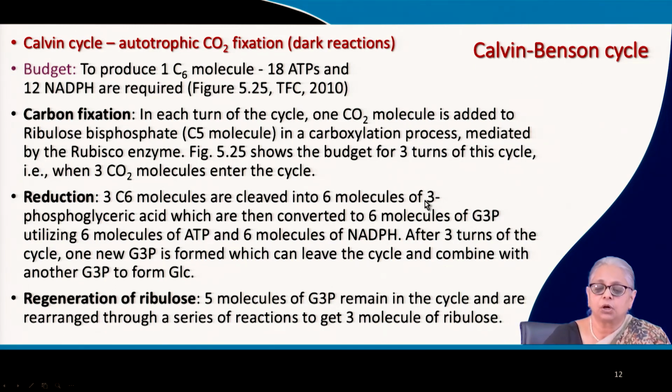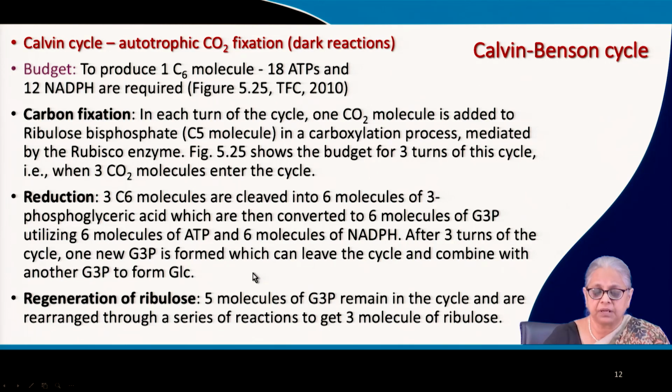These C3 compounds are 3-phosphoglyceric acid, which is then converted to 6 molecules of G3P, and in the process 6 molecules of ATP and 6 molecules of NADPH are utilized. With 3 turns of the cycle, one new glyceraldehyde 3-phosphate is formed, and this is excess glyceraldehyde 3-phosphate, so that can leave the cycle,